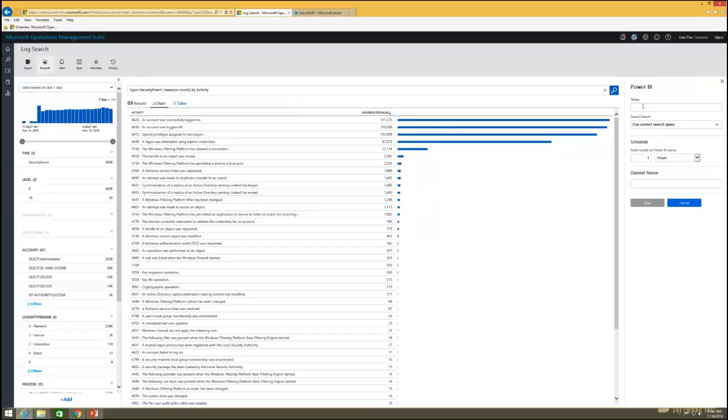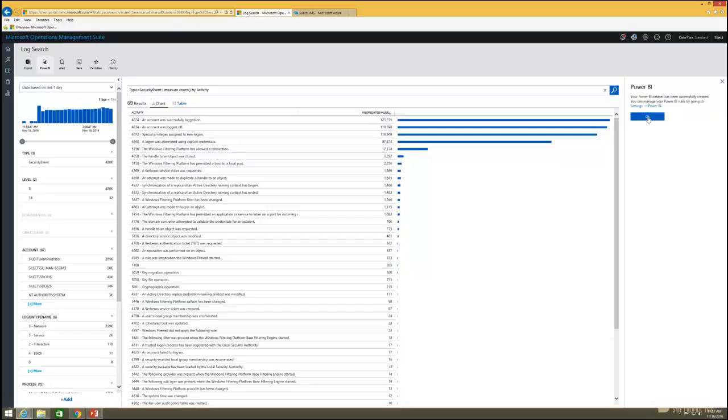So let's just call this webinar security event. Use the current search query, and we're going to webinar security data set. We're going to schedule it to take this data as it's coming in from our OMS environment, and every hour we're going to push it up to Power BI. So we save that,